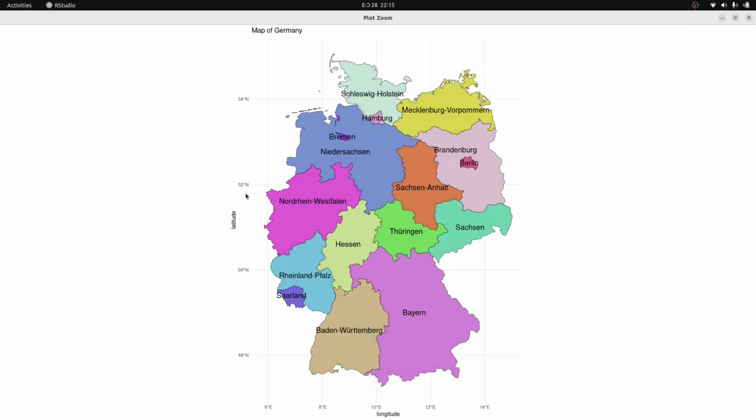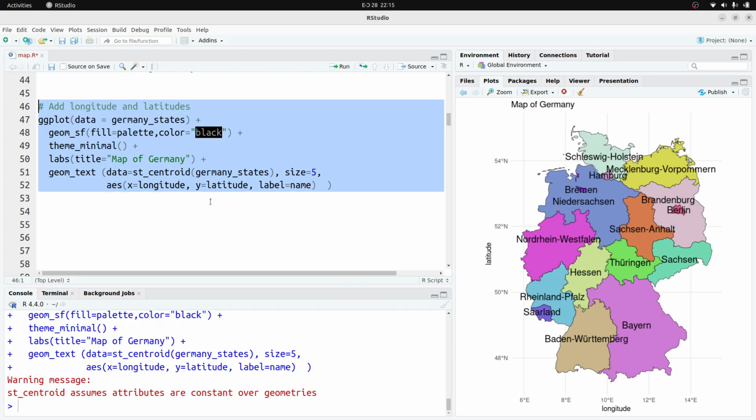Now for the longitude and latitude, if let's say you want to manually specify the titles, then when you come here, you can just add it. That one depends on what you want to do. So it's important you do that. So I can just say x equals longitude, y equals